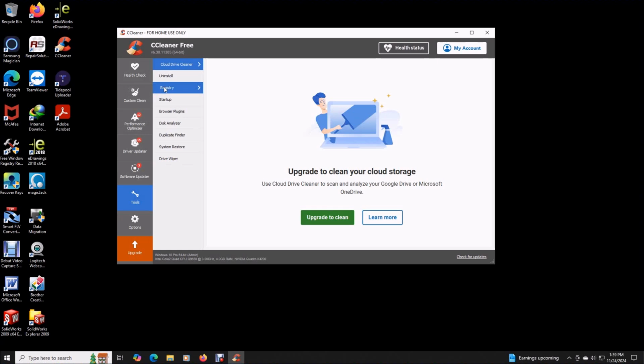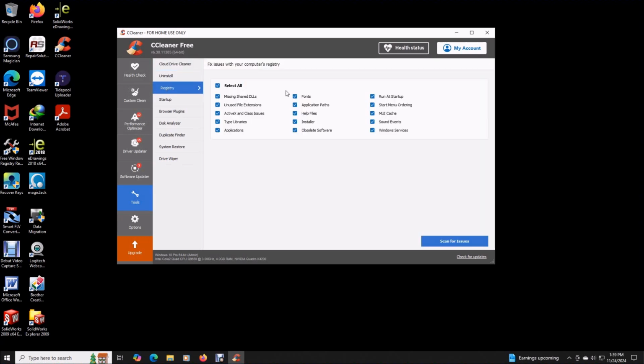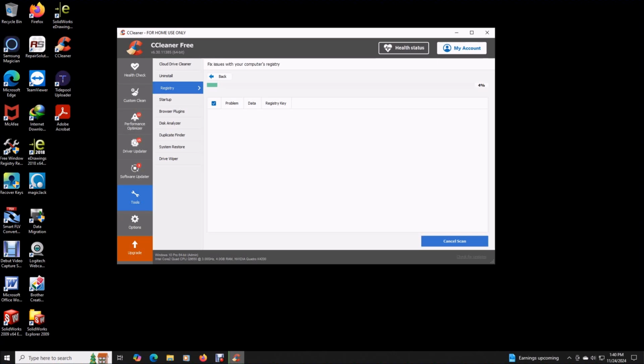It has a feature here for the registry. Now, it doesn't really do a very good job on the registry, but I'm going to run it anyway, because over here I have Free Windows Registry, and this does a much better job. It cleans out a lot more files. But it takes a long time, and I don't want to run that and have you sitting here for 10 minutes or whatever. So I'm going to run this one here, and I happen to know that this did some updates,